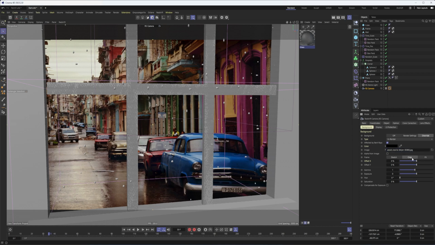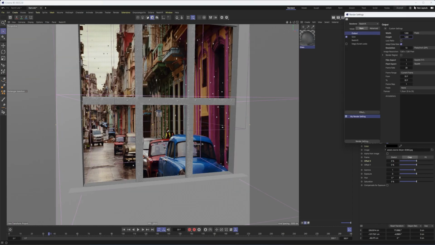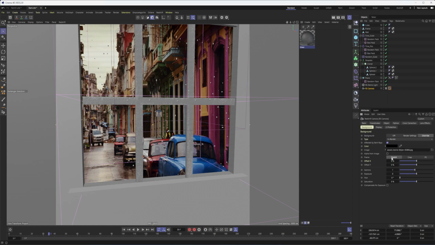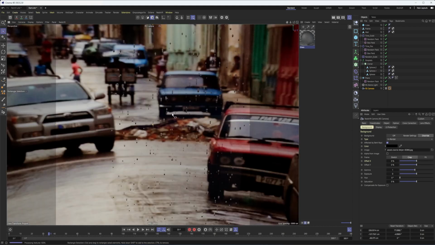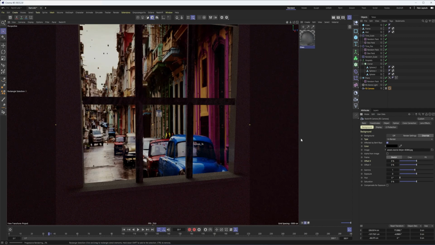Because if I do fit... actually, these aren't making too much of a difference at the moment, but they would if I change my aspect ratio. So if this goes to 1280, you can see now how that image, okay, it's not working for whatever reason. Maybe if we were rendering it, it would. Let's see what we got. All right, so we do stretch. You can see how it's changing.